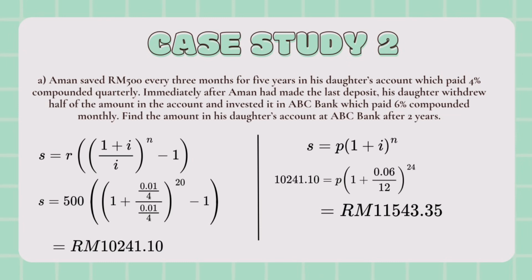Next is the next formula. S equals P bracket 1 plus i bracket power n. S is 1024.10, equal to P bracket 1 plus 0.06 over 12 power 24. The answer is RM